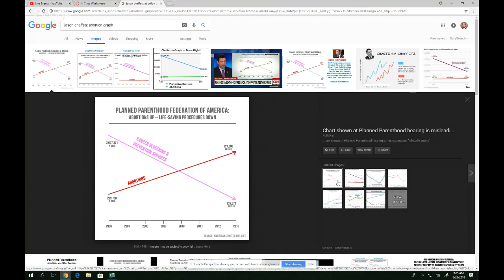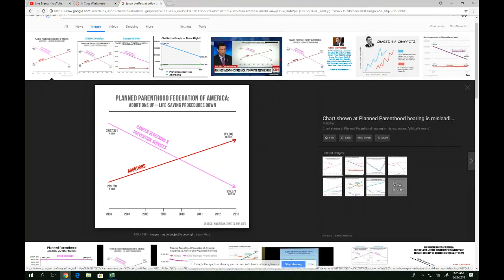Basically, he blindsided her with the graph. She'd never seen it before. And she said, I've never seen this before. But she said, oh, that Americans United for Life, that's an anti-abortion group. She said, I would check your source. Okay? So you can see why an anti-abortion group would try to inflate, make the abortions look like they were